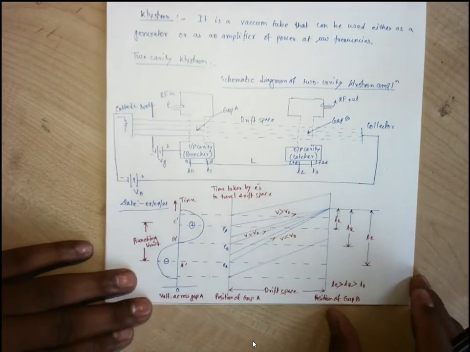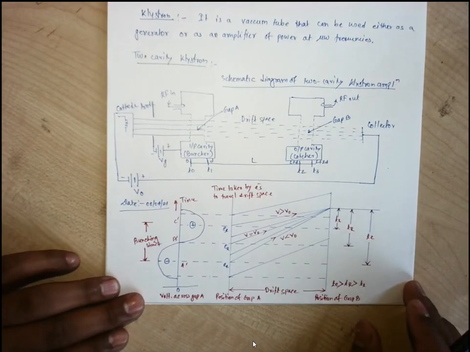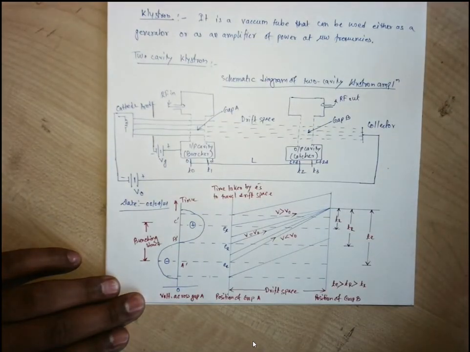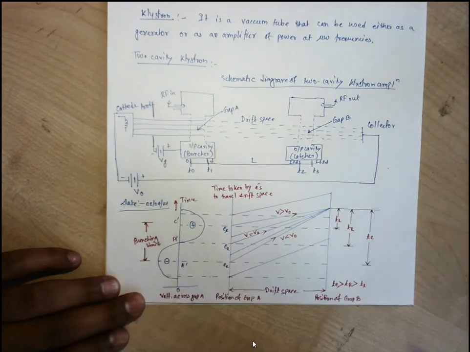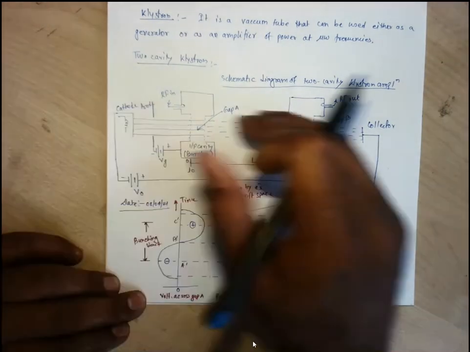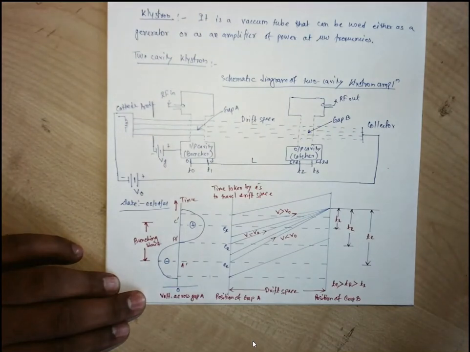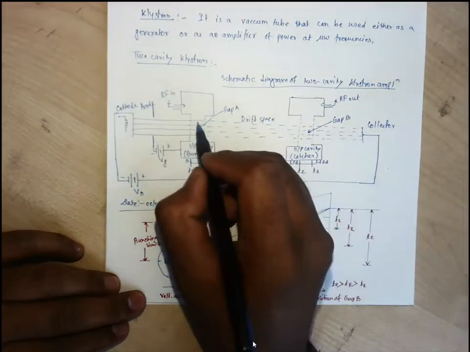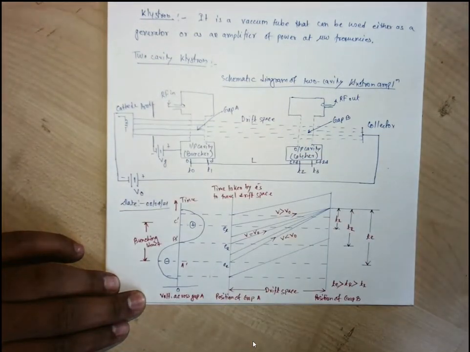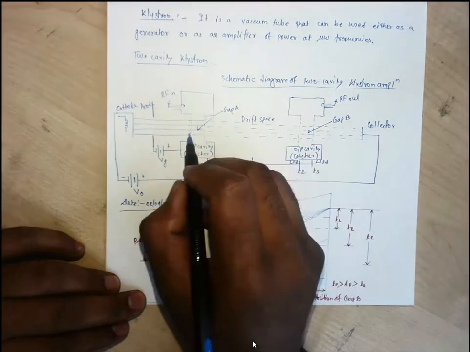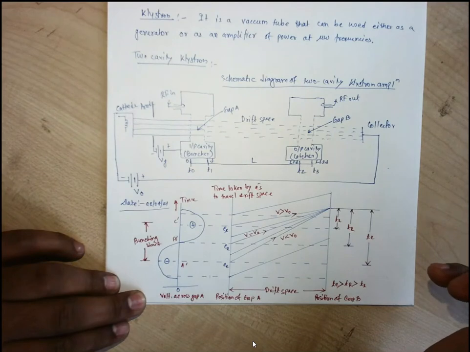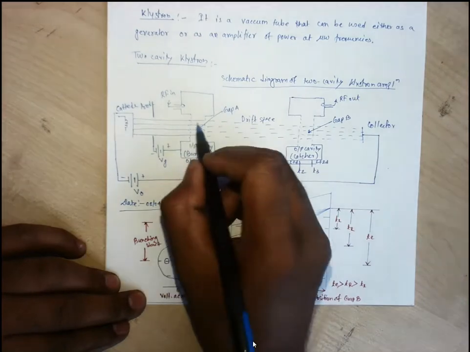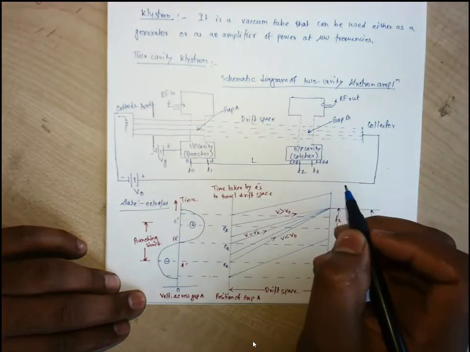Okay, so let us consider this single cycle which is acting upon this gap A, because this RF input has been taken into this input cavity, that is the buncher cavity. So let us consider this is a single cycle which is acting upon the ongoing electron beam. So when this positive half is coming across this gap, it is in this direction, along the direction of the electron beam. So what will happen, the electrons are decelerated. This one will be in the opposite direction, so they will be accelerated, rather they are decelerated.